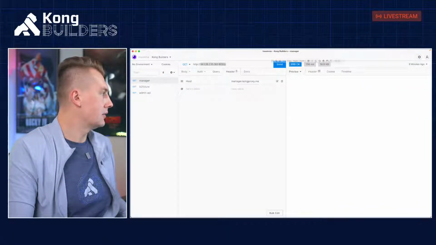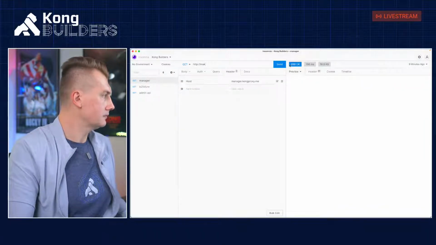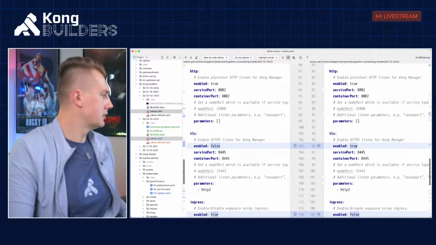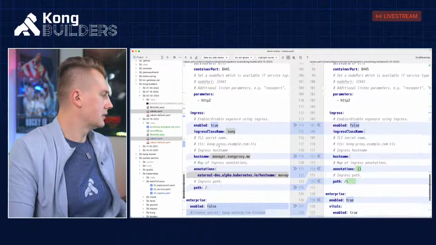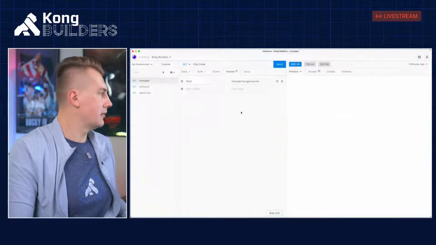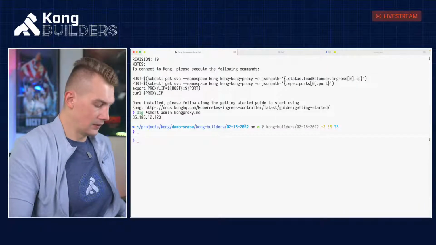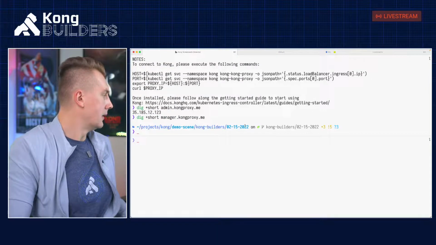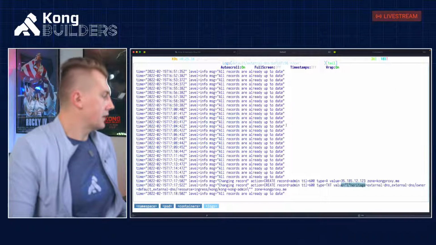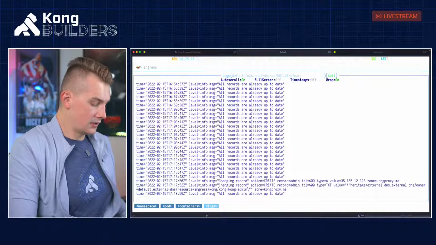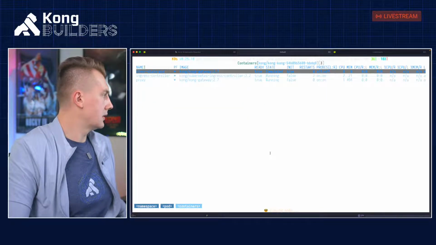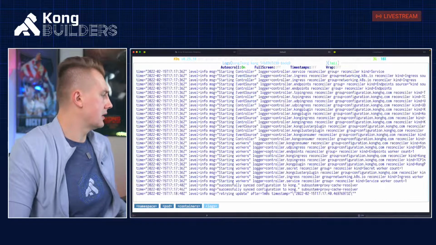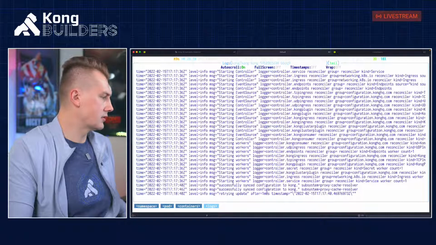And now I want to make sure that my ingress will work. Manager enabled. So let's see if my manager also works. If I just do dig... Something is not right. So let's take a look in the logs. We're going into conch and going to proxy, and proxy looks fine. Let's see if there are any warnings in the ingress controller.